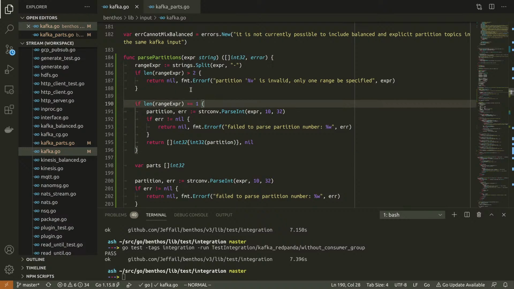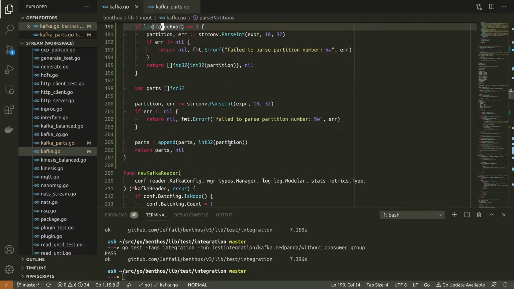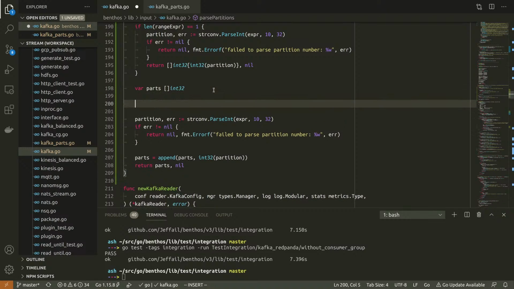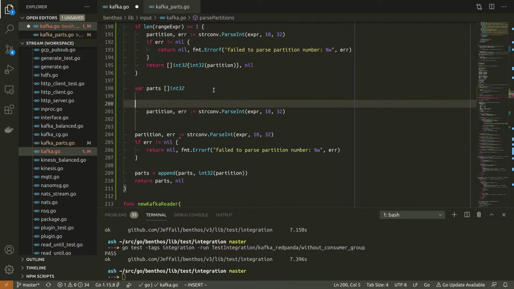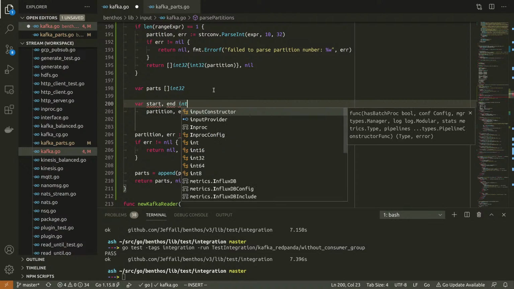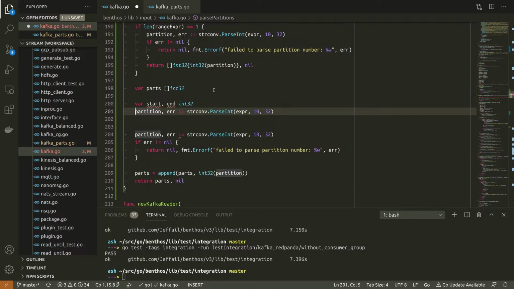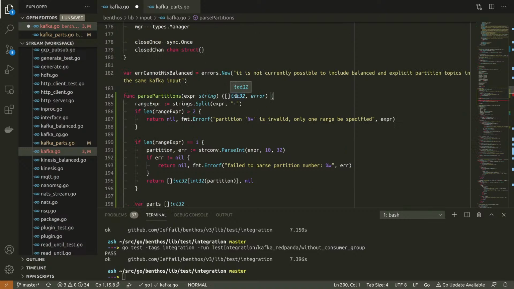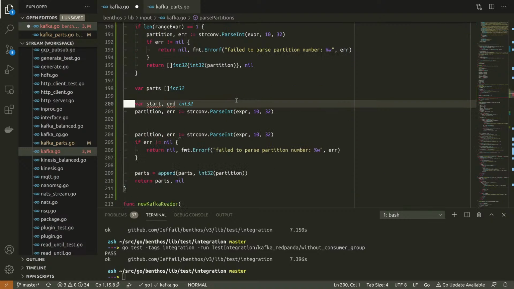Yeah, we're going to exit early with this. So if you haven't got a dash in there, then we just return the parse int. But if you did have a dash, then we've got to parse out 2 numbers. We need the start and end. I'll pull these out. And we already got an initialized... No, we don't, because it's in a block.